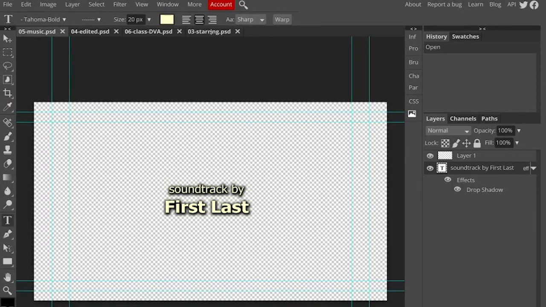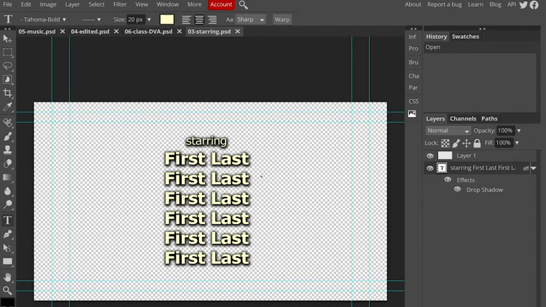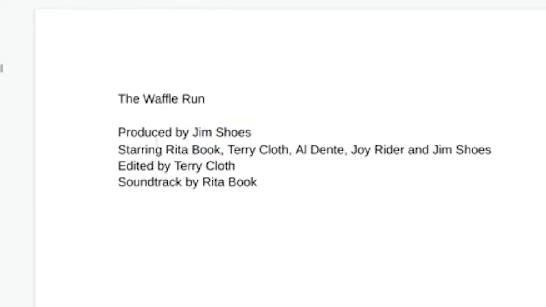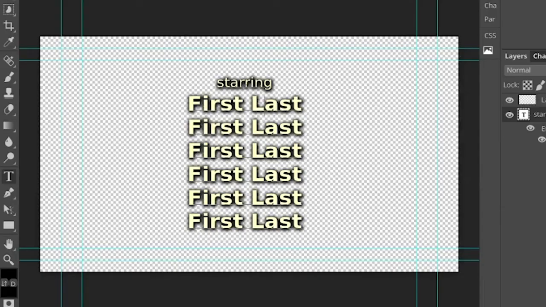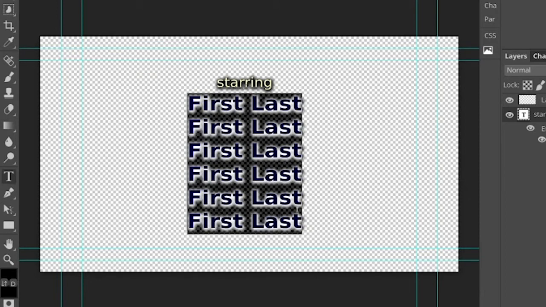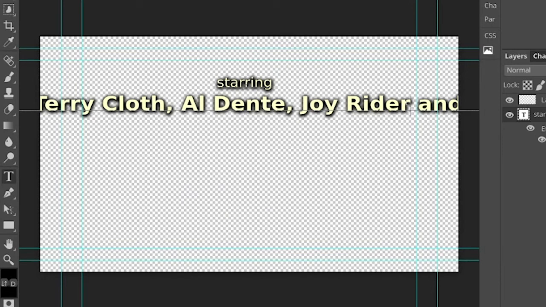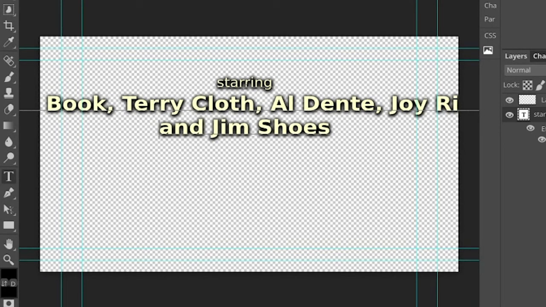Now, when you're doing the credits that have the starring, this is a list of everybody who was in the film, which is basically your whole team. So here I am. I highlight all the names and copy them. And then I'm going to go ahead and select all these names and now do Control-V and paste. And now I've got to get rid of some things. So I'll click here and hit Return, get rid of this and